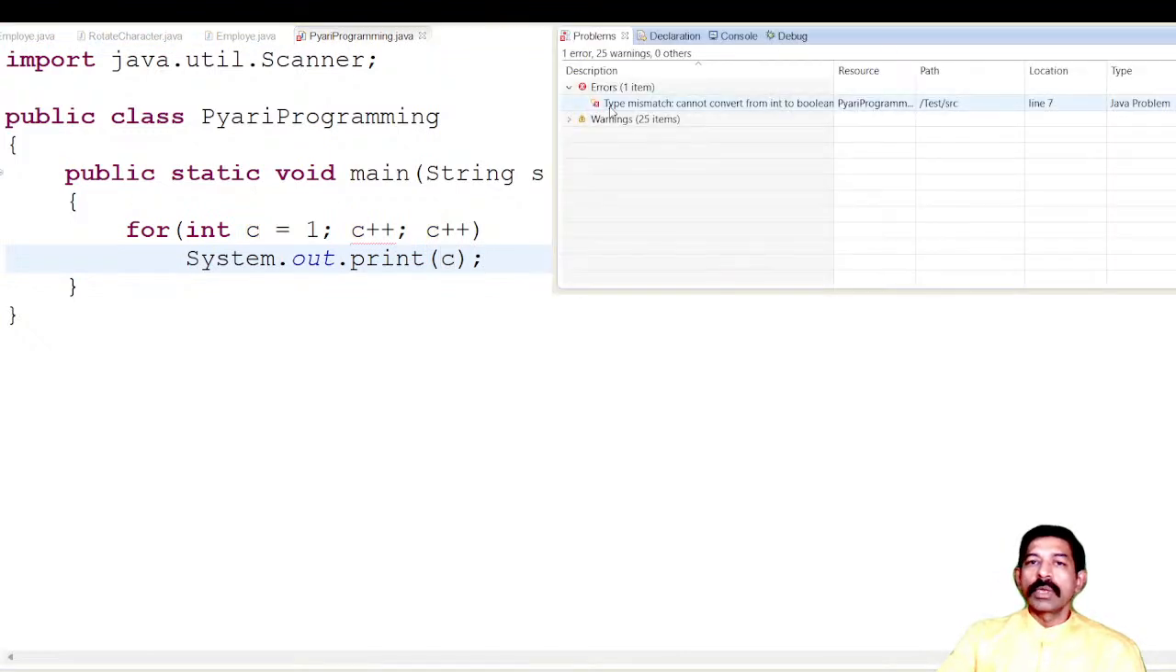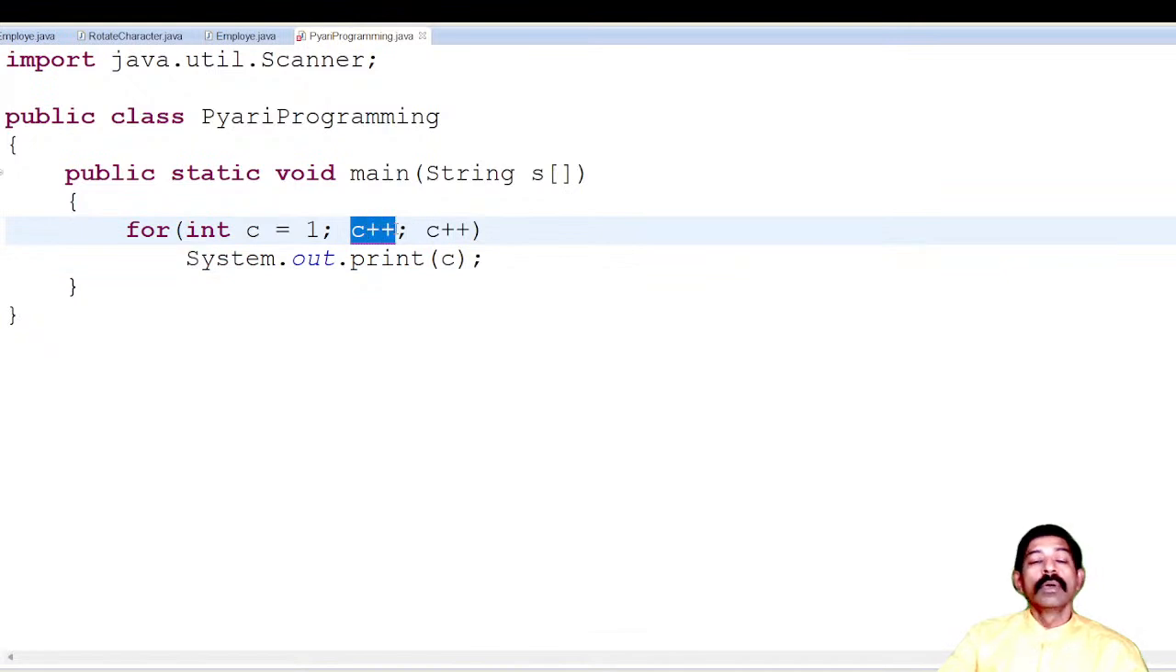Now you can see that type mismatch: cannot convert integer to boolean. यहाँ पे data type mismatch हो रहा है. Got it? It's not because the condition is missing. The condition is given in the form of your C++ only. Is it clear? If instead of this I say true,